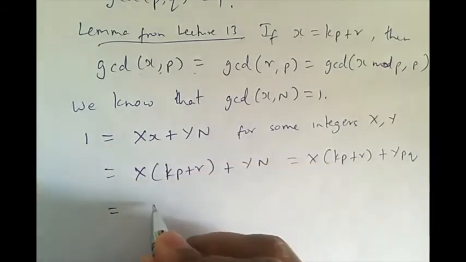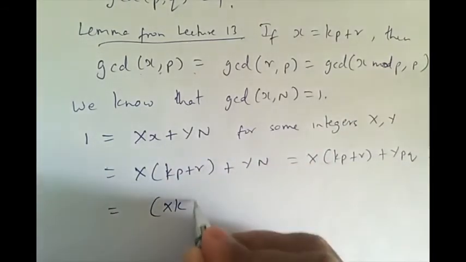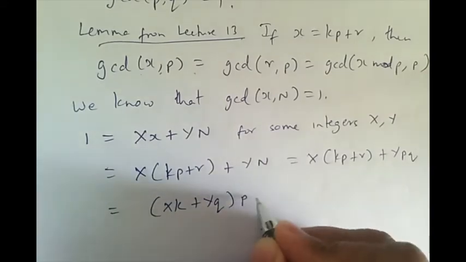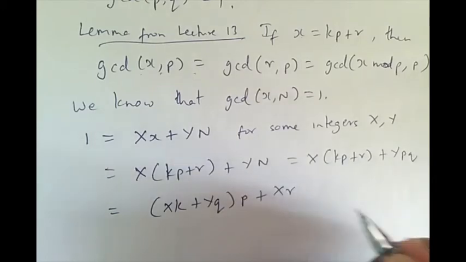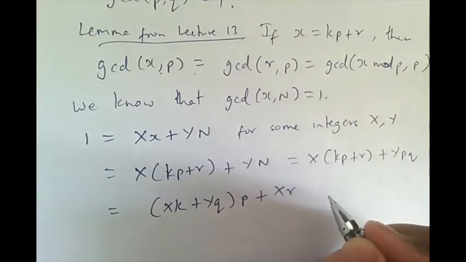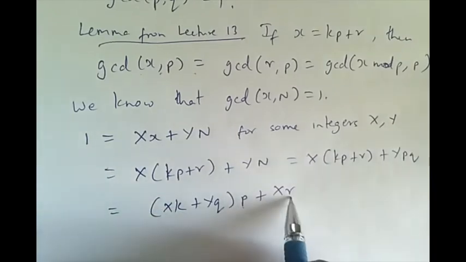So xk here, and then yq. Here I have xr. So we have written 1 as an integer linear combination of p and r,